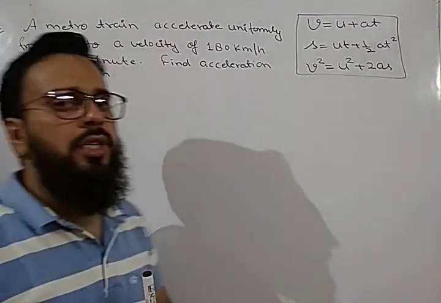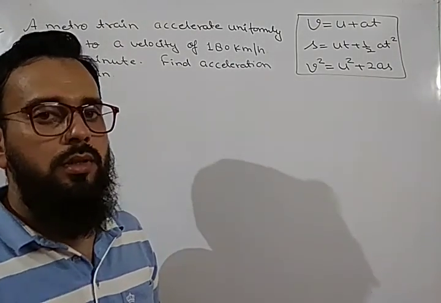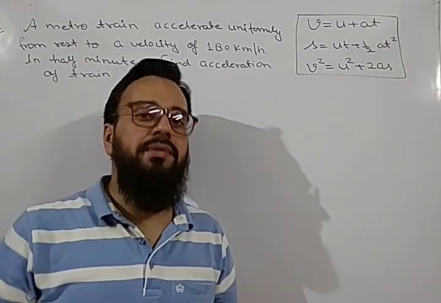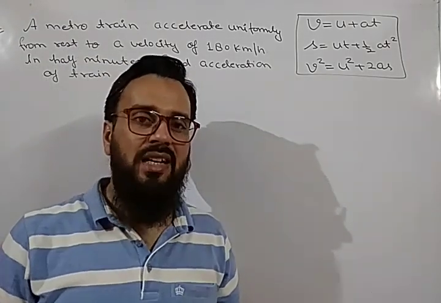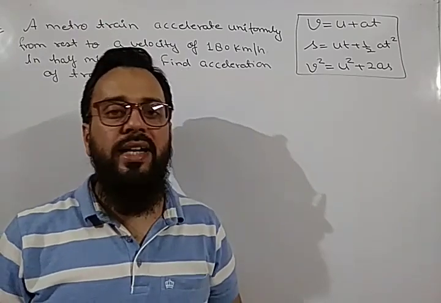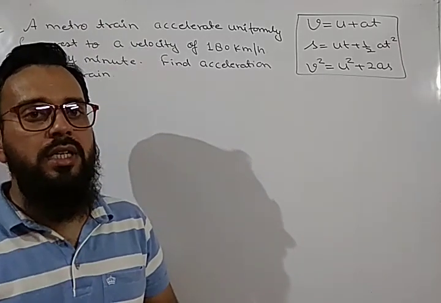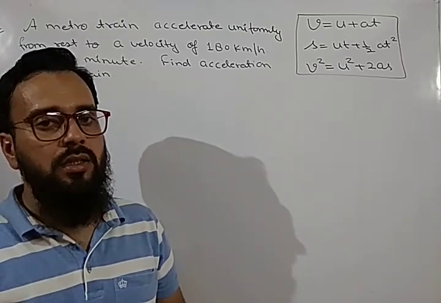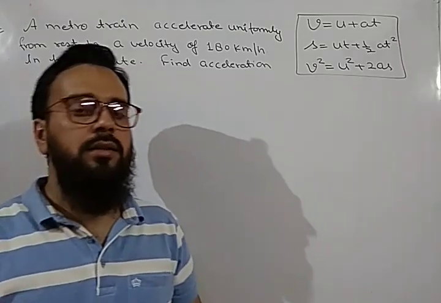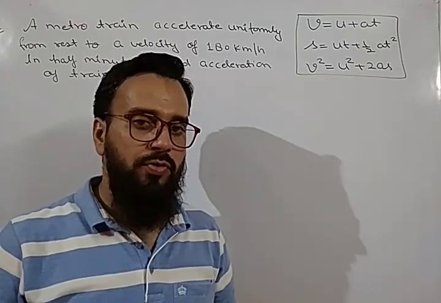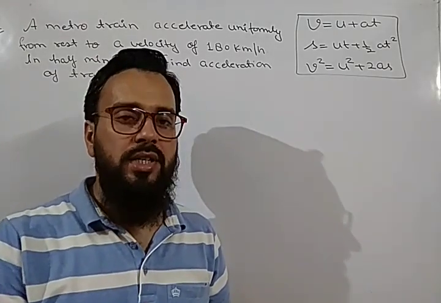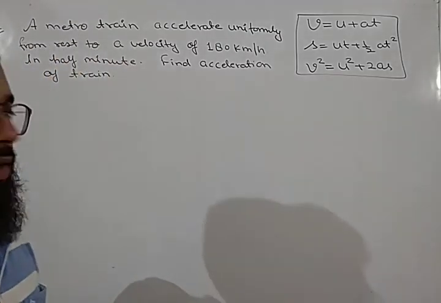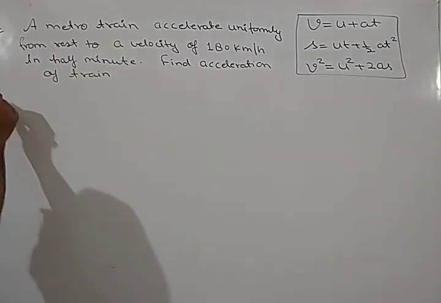Whenever any question based on equations of motion or simply motion is asked, I told you earlier, when we did the questions of average velocity, average speed and displacement, that we have to convert all the units into the SI system. That means we have to convert length in meters, time in seconds, and mass in kg. We have to always convert all the units into the SI system so that there is no confusion and no mistake in the question. So now let us see the question.